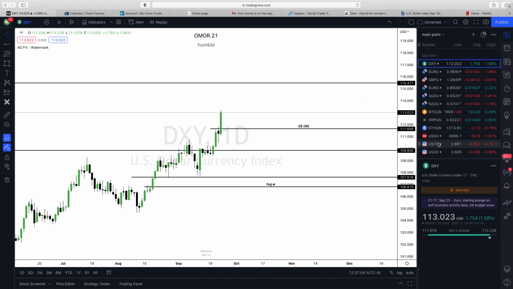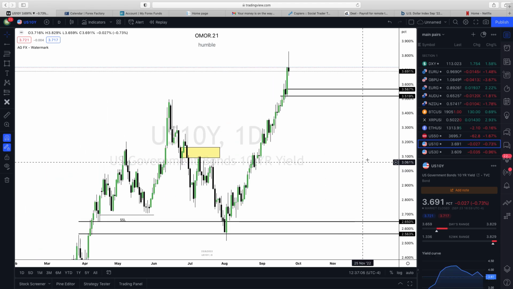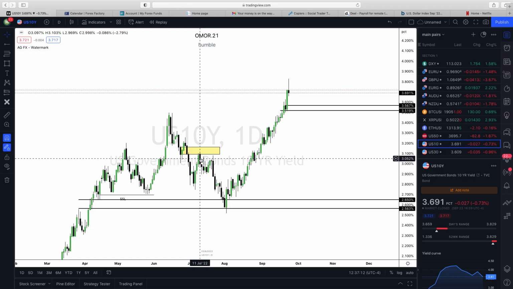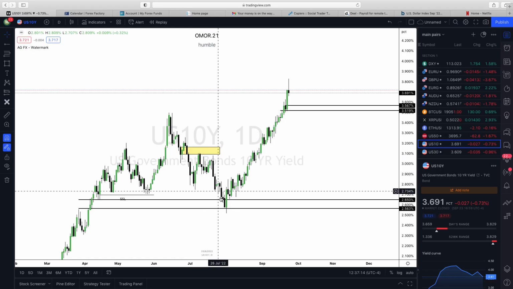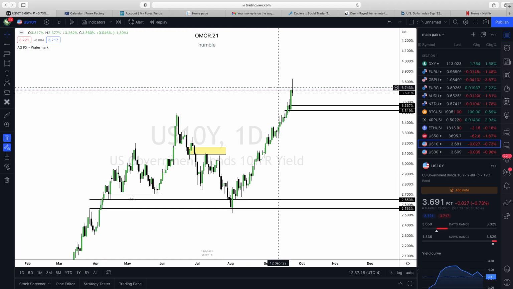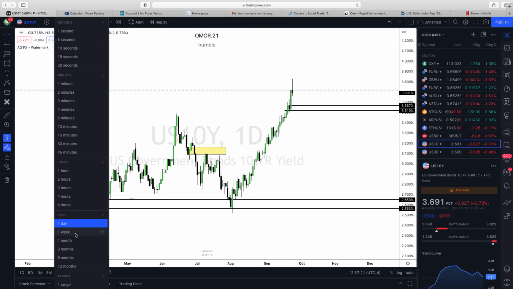Now, the bonds, right, for a very long time, and this is all in the weekly commentary. From here, you see from July, I think it was the 8th of July, we wanted to see that move into the mitigation block to fund the move into the sell side liquidity pool and attack these highs. Now, on the weekly commentary,